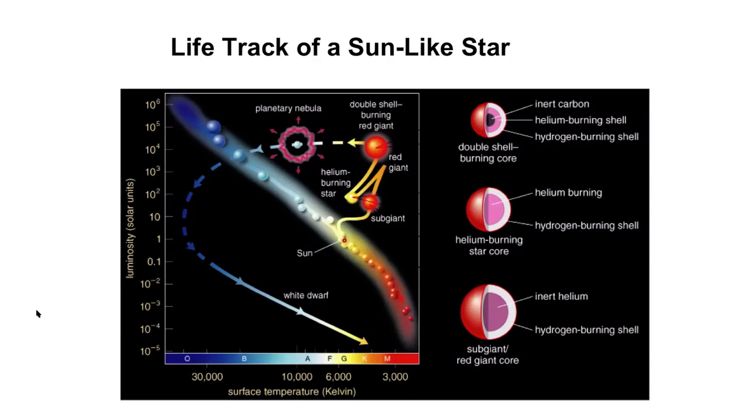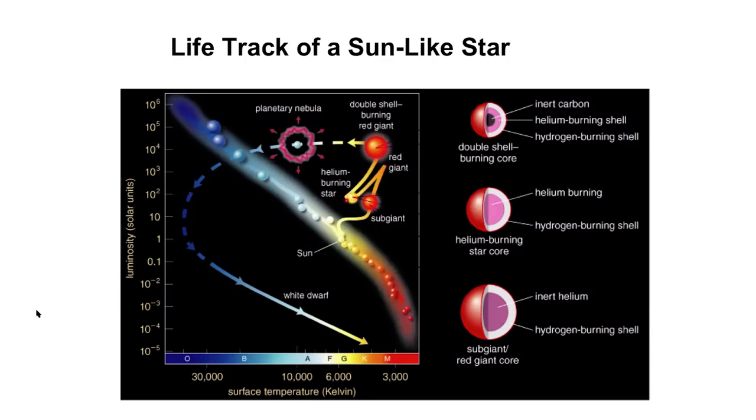A star starts on the main sequence, and as soon as it runs out of hydrogen in its core, it moves up the giant branch, first the subgiant and then the red giant branch. While it's doing that, it is in this state right here, where it has an inert helium core, and it's burning hydrogen in a shell around that. As this inert helium core gets more and more massive and hotter, it eventually reaches the tip of the red giant branch where the helium flash will occur, and then it will immediately move down here to the horizontal branch,